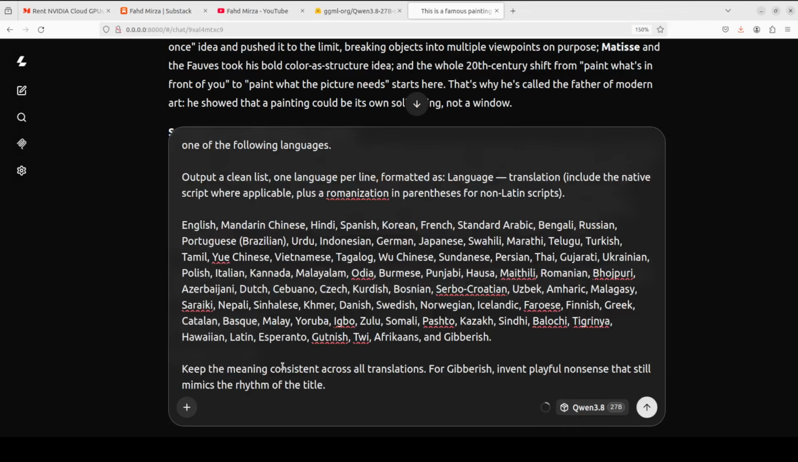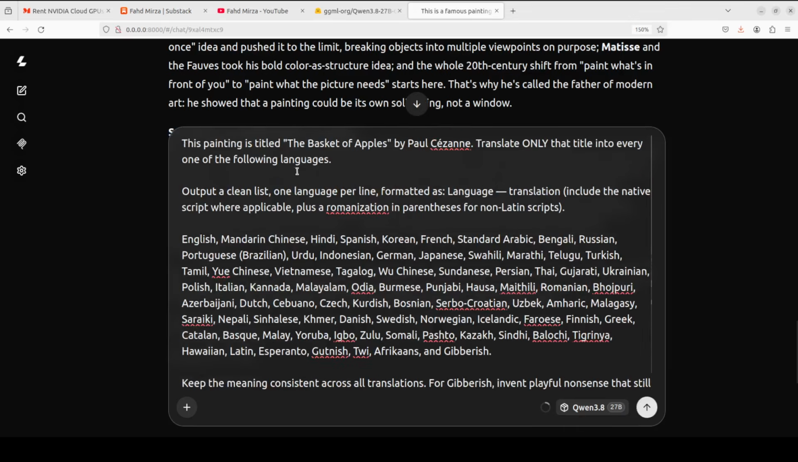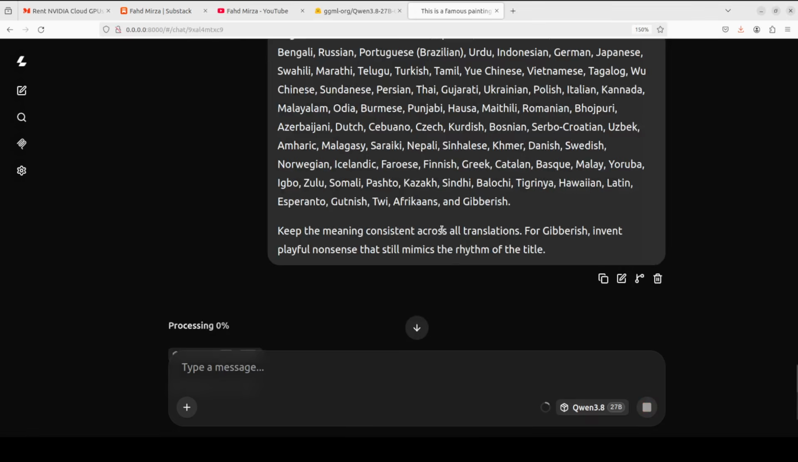I think it clearly recognized the painting and reasoned about it visually rather than reciting boilerplate from its training. In the same go, I'm just going to ask it that the painting is titled "The Basket of Apples" by Paul Cézanne. Translate only that title into every one of these languages,